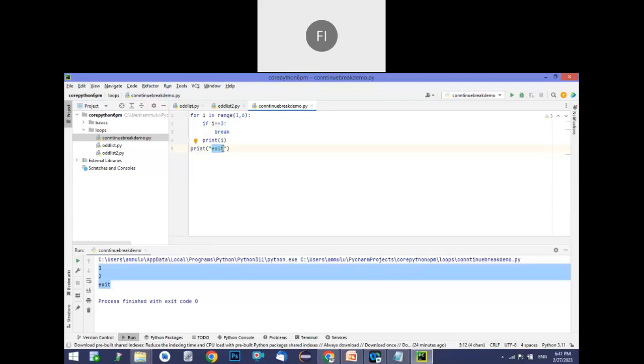Sir, pass is used for? Pass, it's not for loops. Pass and return, these keywords are used, three keywords actually, which I will explain when I cover functions. Basically they are used in the functions topic. First one pass, second one return, third one yield. At the time of functions I will explain these three keywords, but basically pass is used to skip a function. It's not for loops. If you want to skip one function, then we will use the pass keyword.